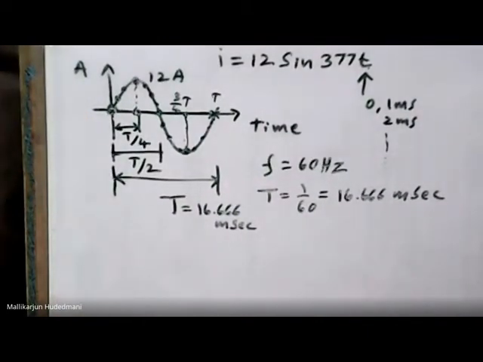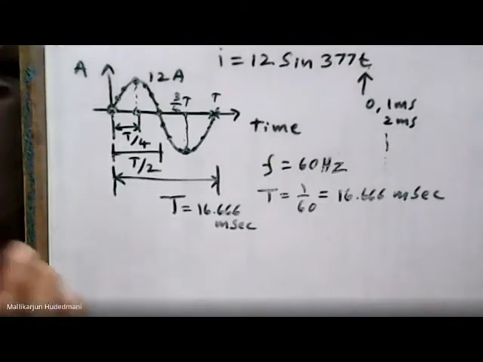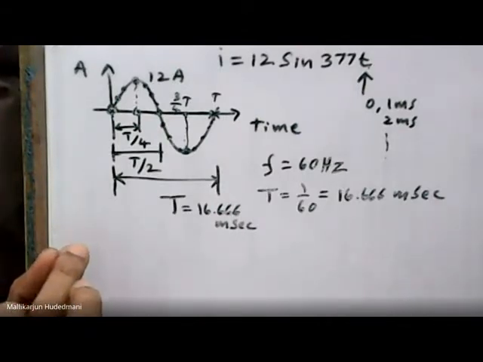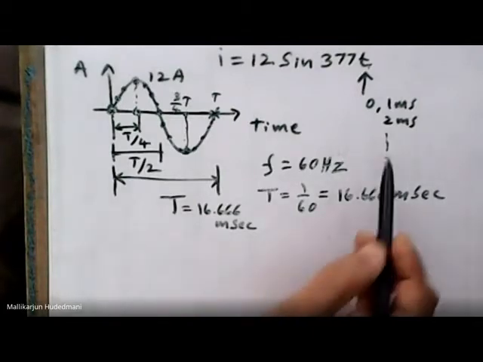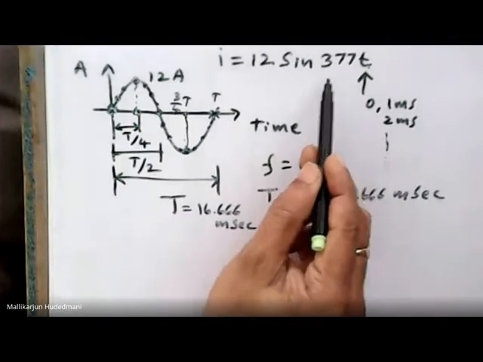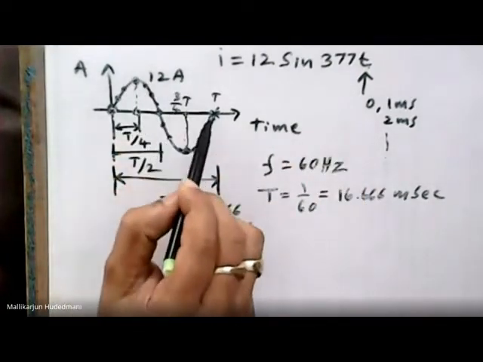First requirement, I made you a wave. What is one cycle time? What is a half cycle? What is quarter cycle time? Then I made you understand the relation between frequency and time. Then given any value of time, you are able to get the value of current. You are able to plot it this way.